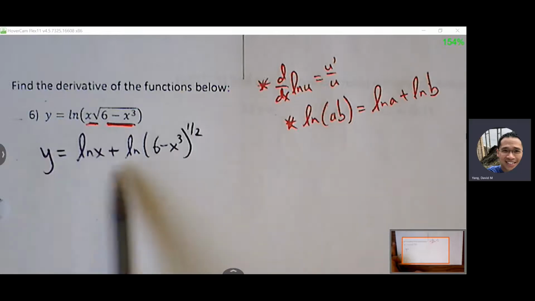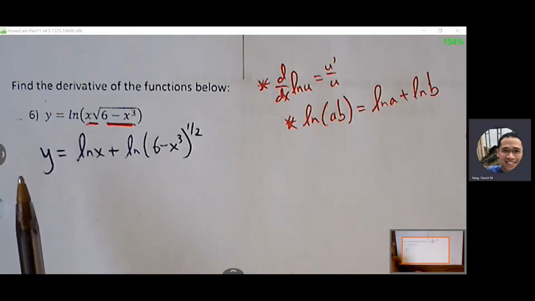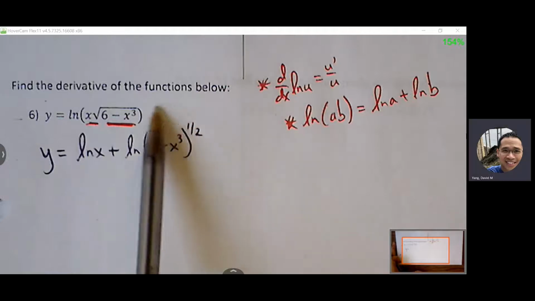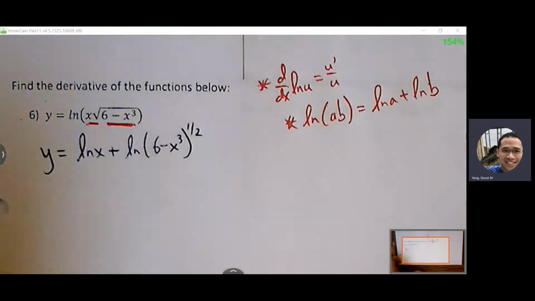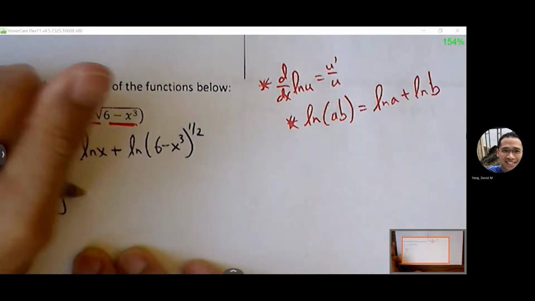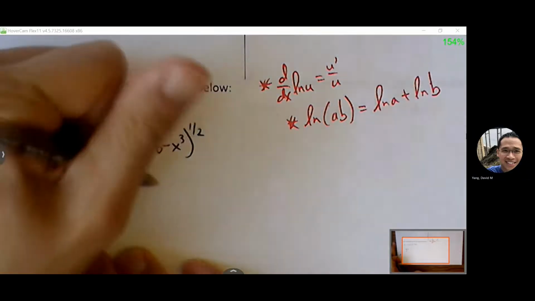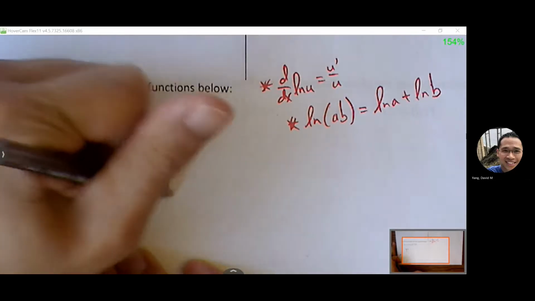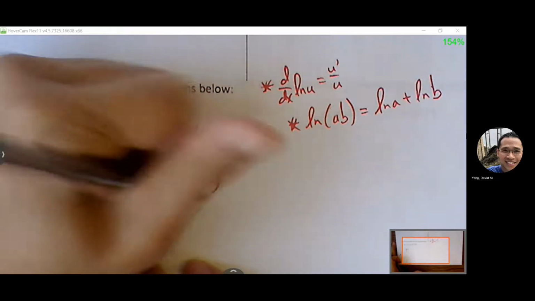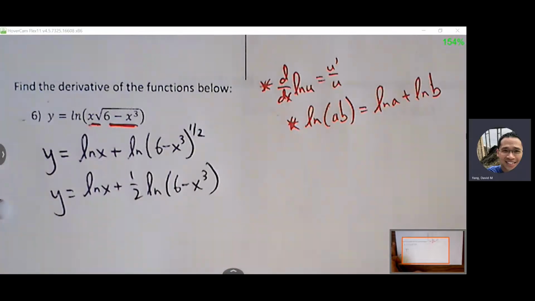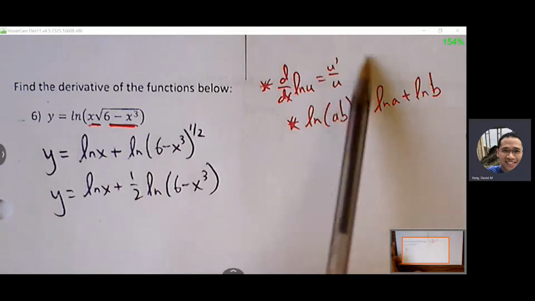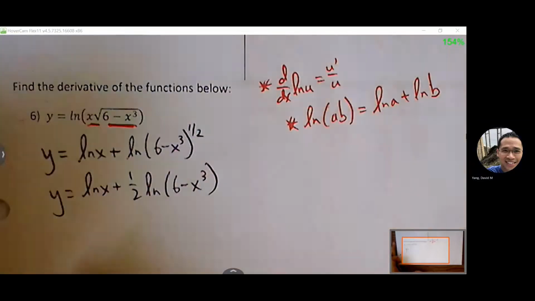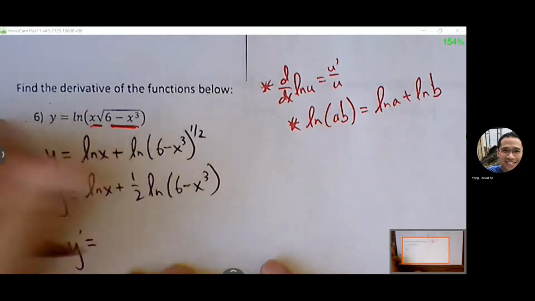Okay, what else can we do? Yeah, bring that down, right? There's no calculus involved here. We're just doing expansion here. Okay, so now are we ready? Right, now we have u values that are relatively easy. U prime over u can handle both of them separately. Y prime equals